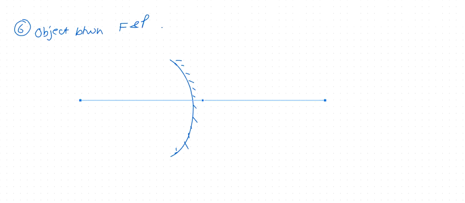Okay. Now let's name the pole. This is pole. This is F, focal point, and this is center of curvature. Now let's make our object. It is between C and P. Right? So let me make it here. Okay, name it as AB. A and B. Now the first incident ray